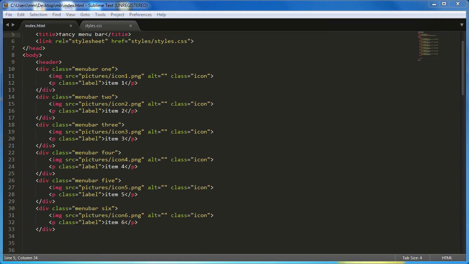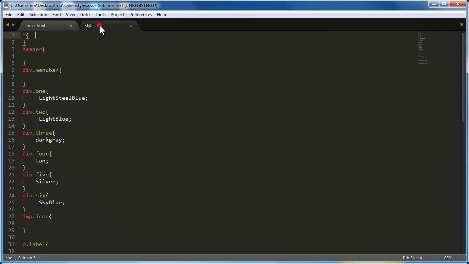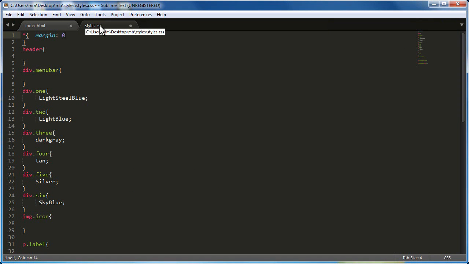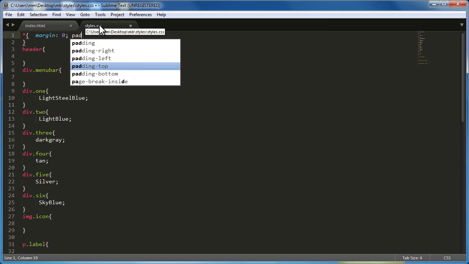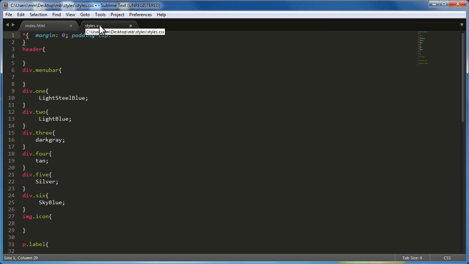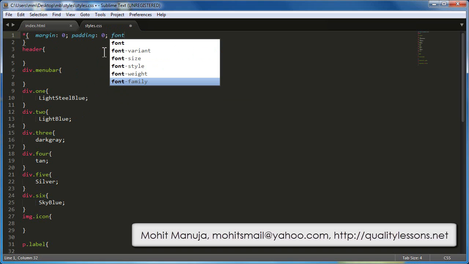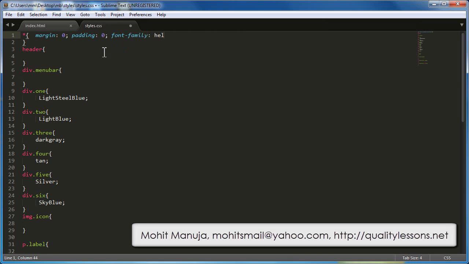Okay, as far as the HTML document is concerned, I'm actually done. I need to just fill up these styles and I'll be sorted. Let's begin our reset rule. So margin of 0, and a padding of 0 to be applied to everything. So that's why we are using the asterisk out here. So margin 0, padding 0. That's a reset rule. And I'm selecting the font family to be Helvetica. That's just a personal preference. Let's save the document up,